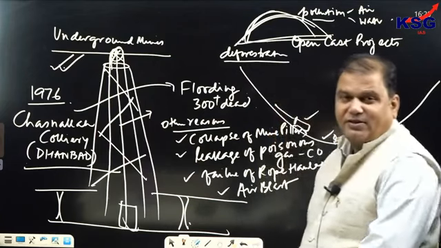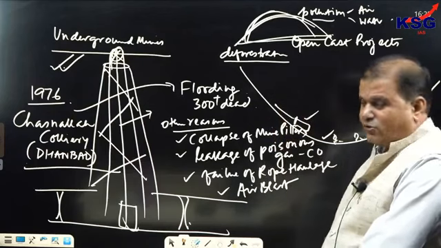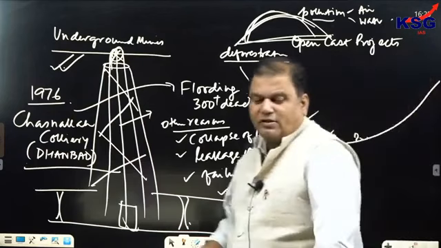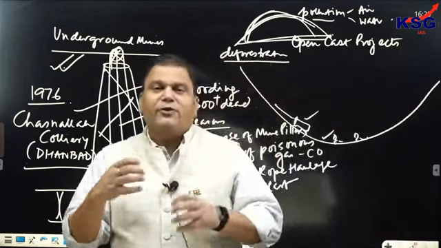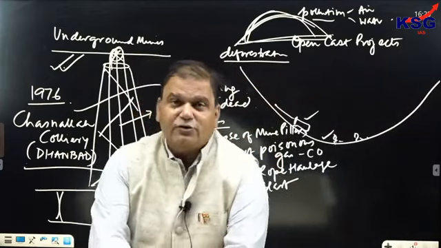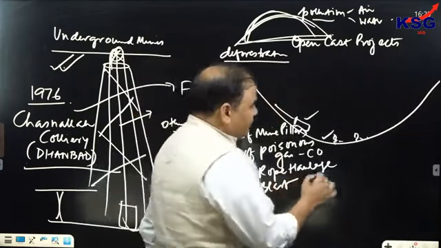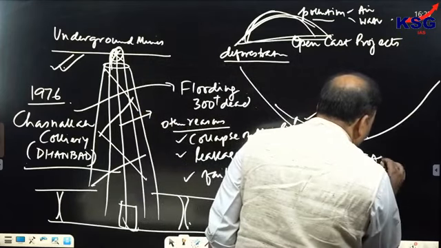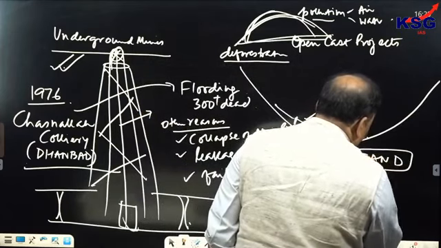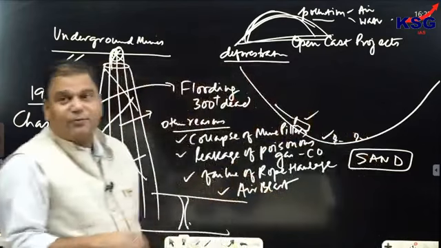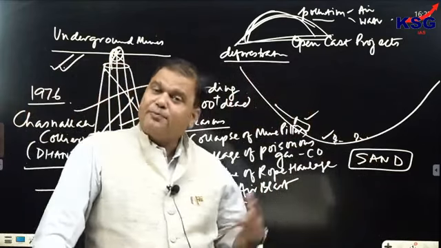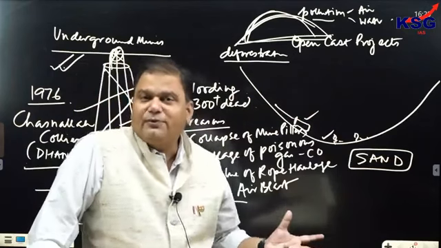Air blast inside the mines. Clear? So there are many reasons for mine disaster to occur. Whenever you are responsible for extracting coal, that area should be filled with sand. If you do not fill that area with sand, then what will happen? That area would remain hollow. That can be responsible for land subsidence. So improper mining activity can be responsible for land subsidence.